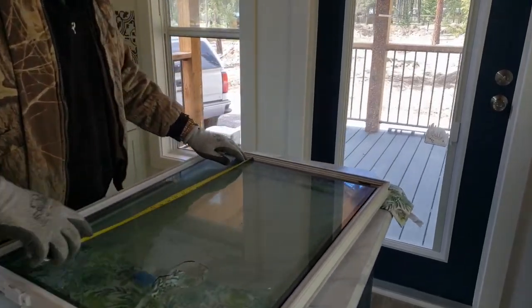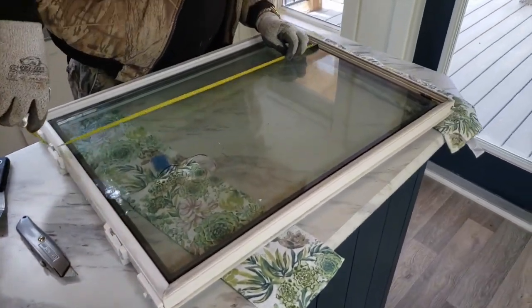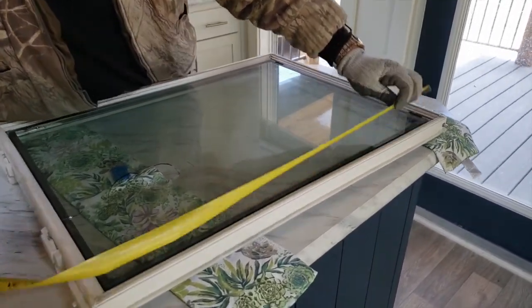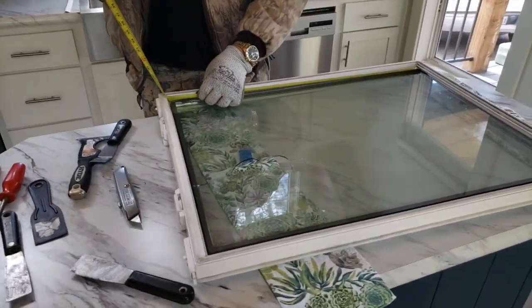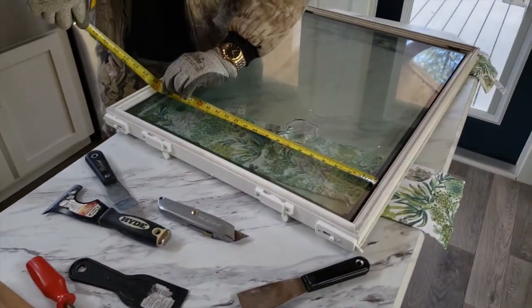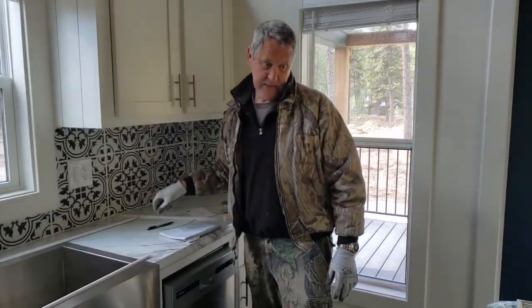We got overall it was 27 3/8. And I'm going to make it 27 5/16. I don't want it not to fit. 27 5/16. 20 1/4. Low E number 2, and I think